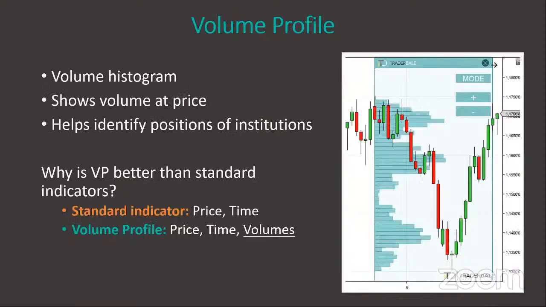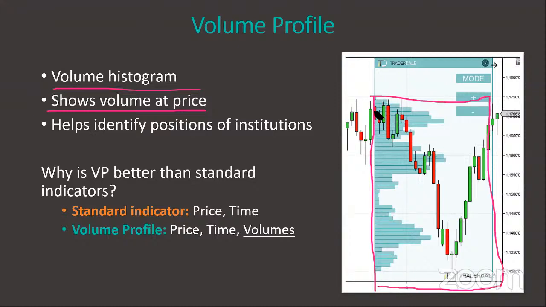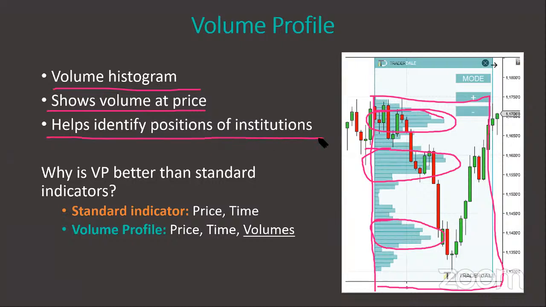And if this is the first time, guys, you hear about volume profile, I'll do just a brief introduction. Volume profile is a histogram which shows volume at price. It could look, for example, like this. Those bumps, those places where the volume profile is wide, mean that heavy volumes were traded there, and those are the most important places in a chart, because heavy volumes are the big trading institutions.